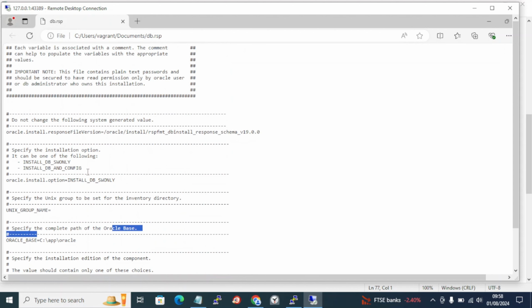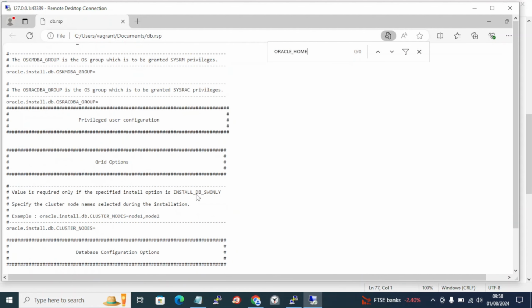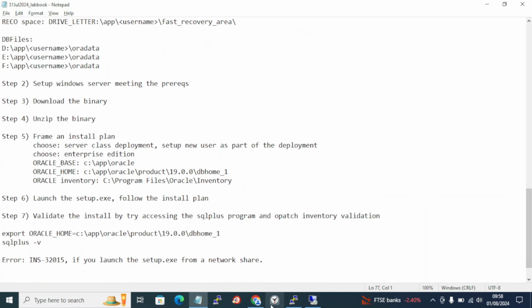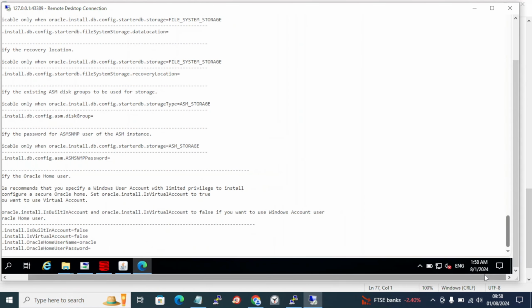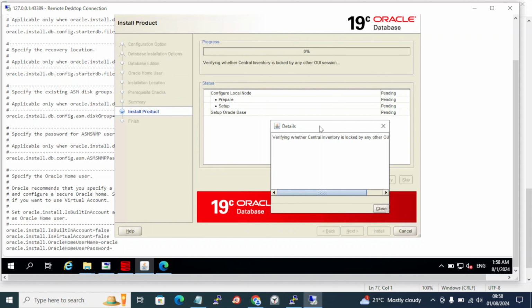We only accepted the Oracle base, and it's not printing Oracle home anywhere, is it? It didn't mention anything about Oracle home in its response file. That's quite weird, isn't it? Anyway, we will continue with whatever we have, and let's see what's the result. We chose our base here at Oracle. I think everything else will be set up based on this. Oracle MTS port number, okay, fine. I just click install, the installation begins,